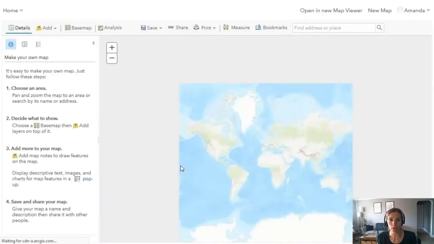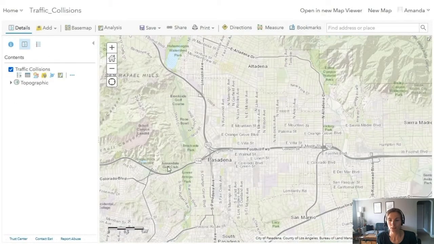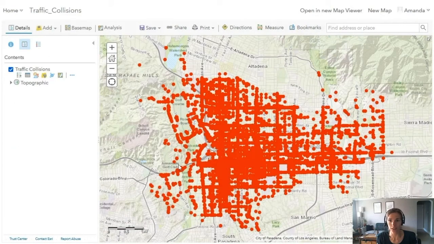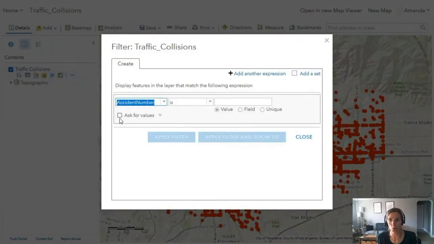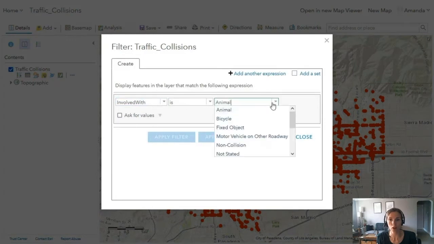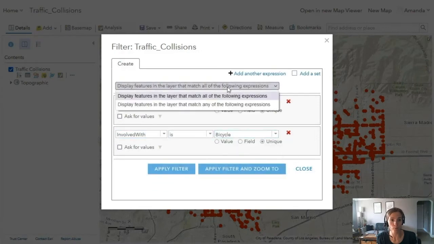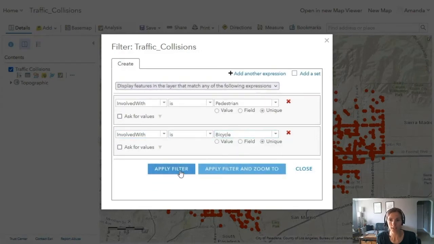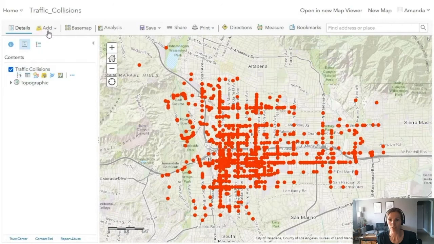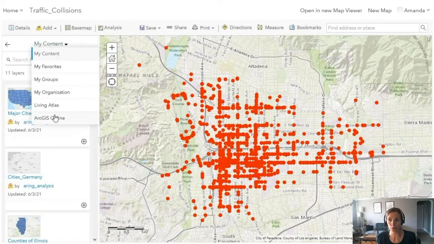This data includes all kinds of accidents, but since I'm interested in active transportation, I'm going to filter it to only show accidents with either pedestrians or with bicycles. I'll make sure that my filter expression says any of the expressions because I want to see accidents with either pedestrians or bicycles. I'll also add another layer for Pasadena from ArcGIS Online to show the boundaries of the city